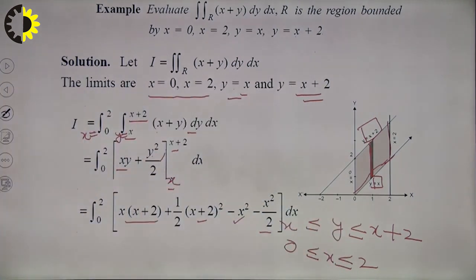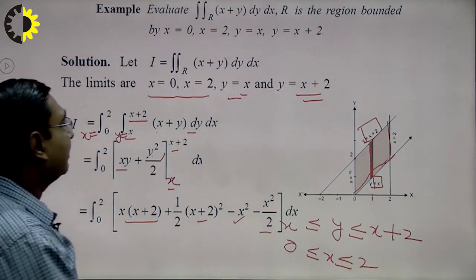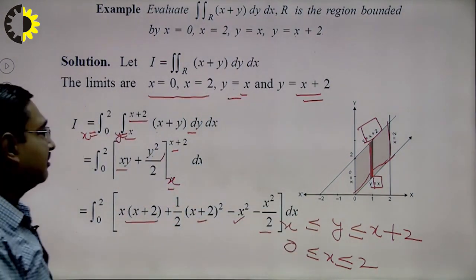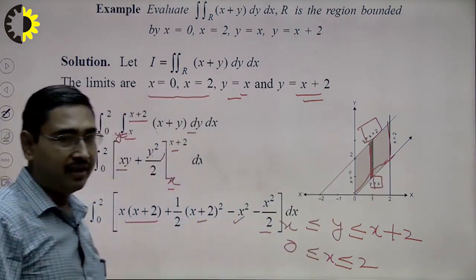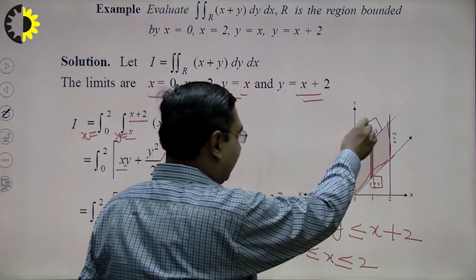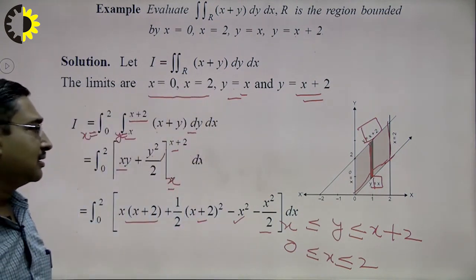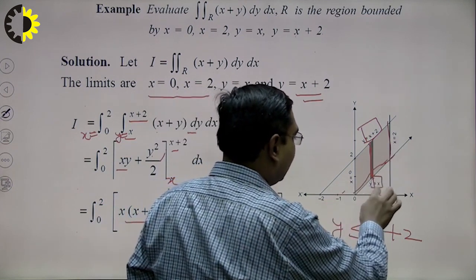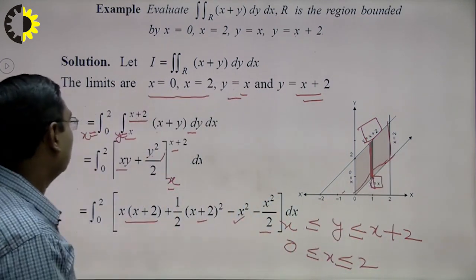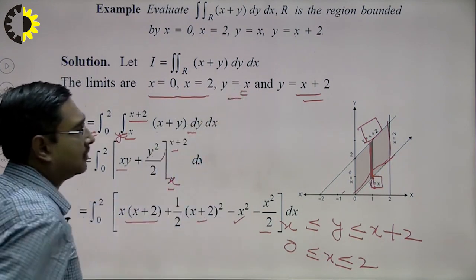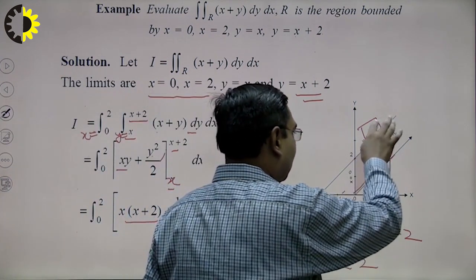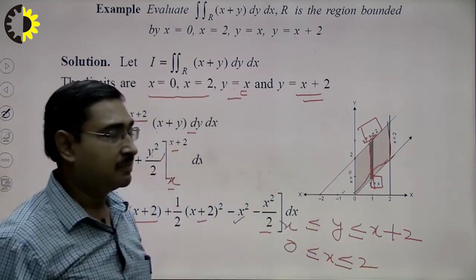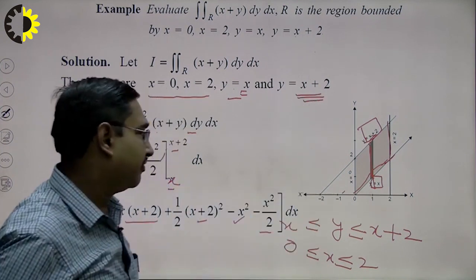Let me sum up once again. We were given this integral and we were supposed to evaluate this double integral. First of all, we have drawn the region of integration. Then we have divided the region into vertical slices. The lowest point of the slice was lying on this boundary and its equation is y equal to x. So, lower limit of y was x. The highest point was lying on this boundary. So, the value of y from this boundary is x plus 2. It became the upper limit of y.